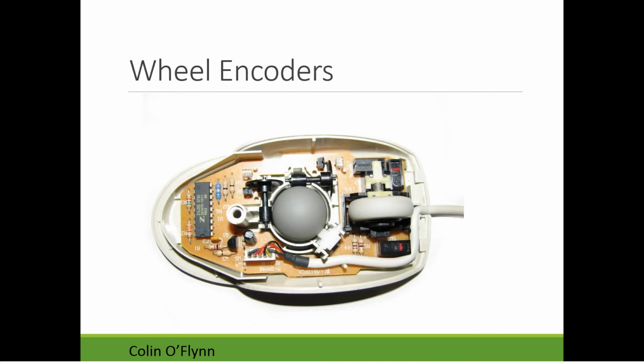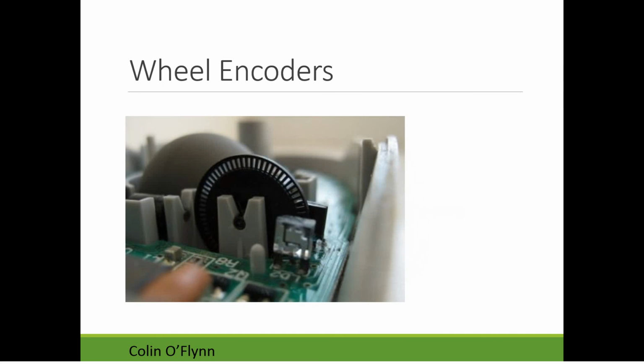The other type of optical sensor you have is a transmissive sensor, and you see this in wheel encoders. This is an old ball-type mouse, not the nice optical ones. How they work is there's a physical trackball here, and you can see it's rotating. There are these discs that it's rotating, and those discs have little slots in them,